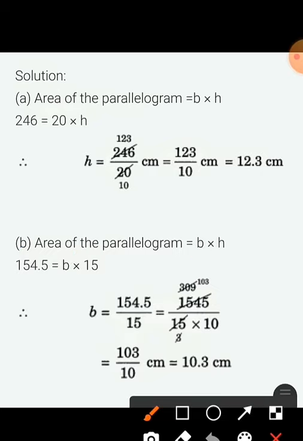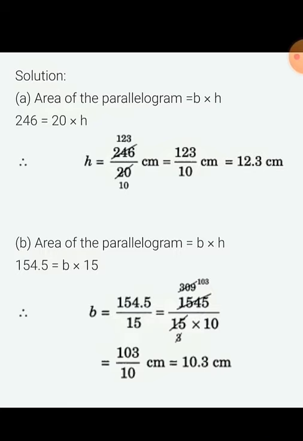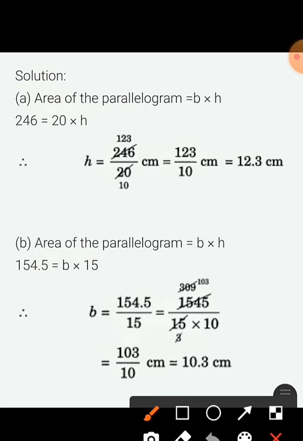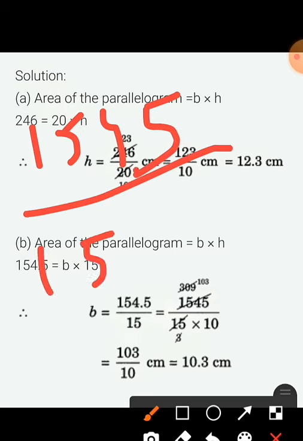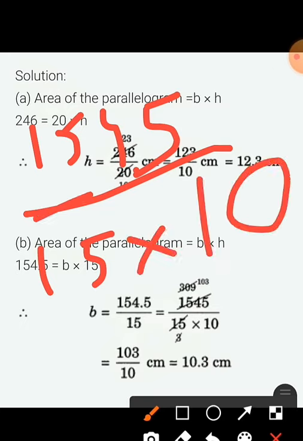So 154.5 upon 15, this way. Now we have decimal point here, so that decimal point we will remove it to make the calculation part easy. So this point is after one digit, so नीचे 10 आ जाएगा. Okay, so 154.5, so point we are removing. नीचे already 15 था, यहाँ पे जो point था वो हम remove करेंगे, तो उसकी जगह पे नीचे आ जाएगा 10, because point is after one digit, so 10 will come here in the denominator. We will write 10. Now we will do cancellation. Okay, so you can start with the table of 5 or you can start with the table of 3 also.